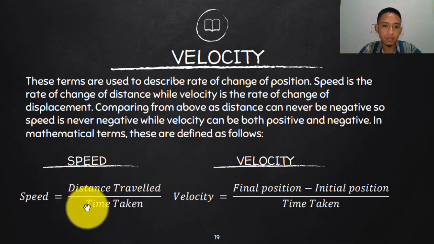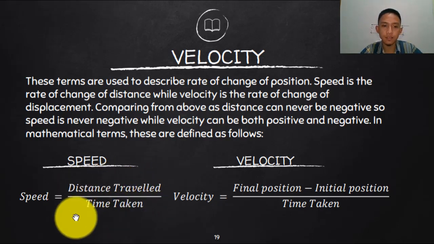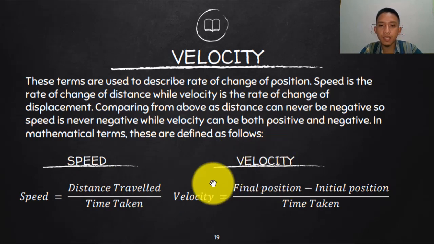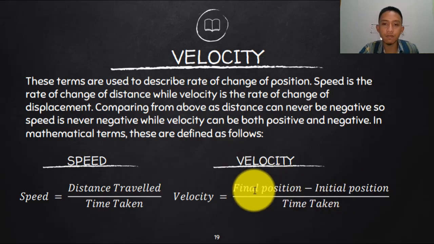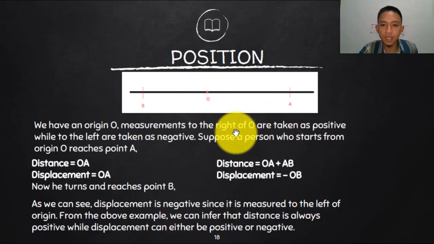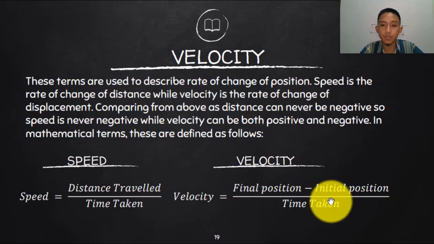Okay, in mathematical terms, these are your definitions as follows. Speed is just distance over time, whatever the distance traveled during the time taken. So that is your speed. Velocity is the final position minus the initial position. If you go back here again, that is your displacement, isn't it? Final position minus initial position,